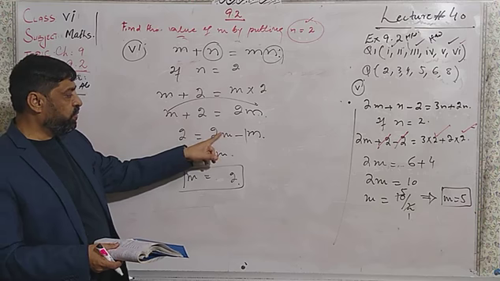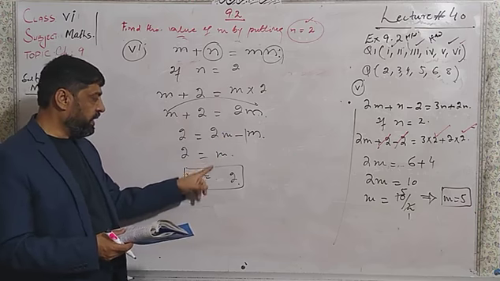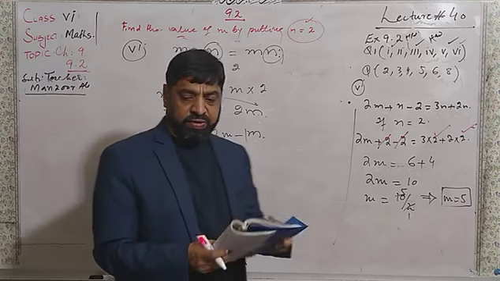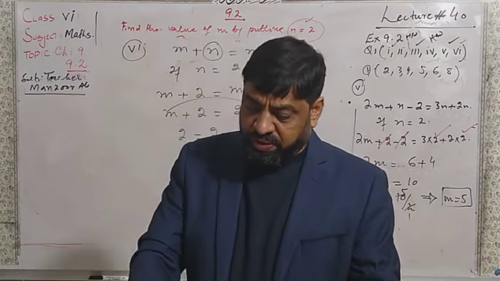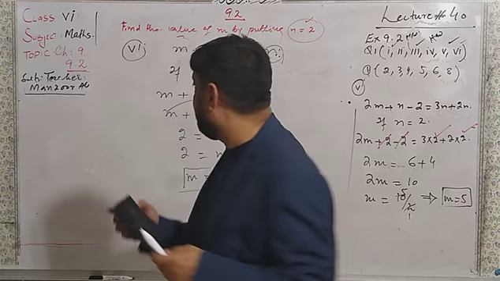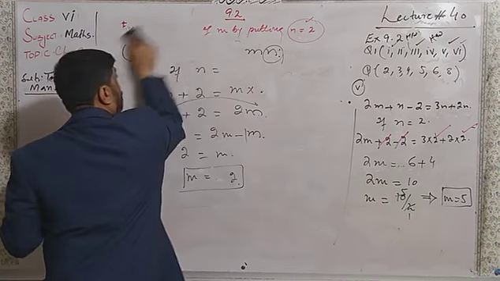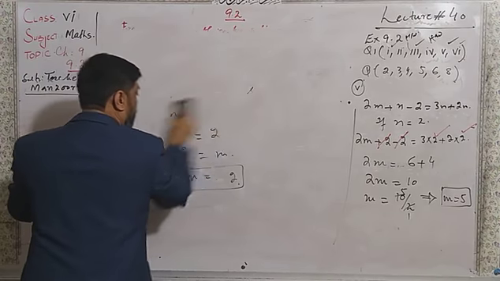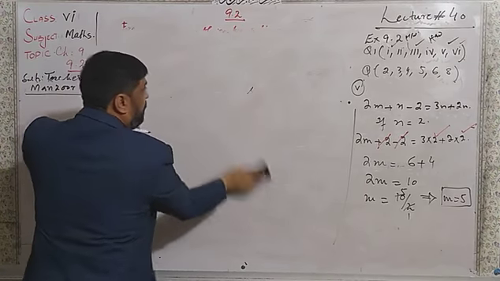Because here n, 2 minus 1, it is 1, n equal to 2. You can write the unknown value on the left of it. Now dear students, after that, we have some word problems. I am going to do the word problems for you.